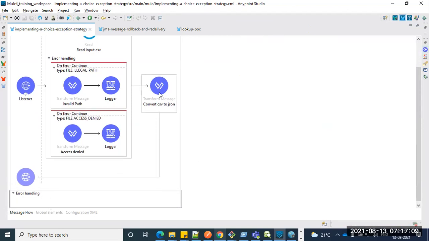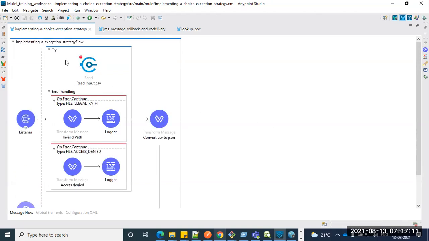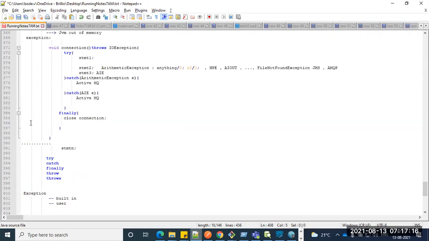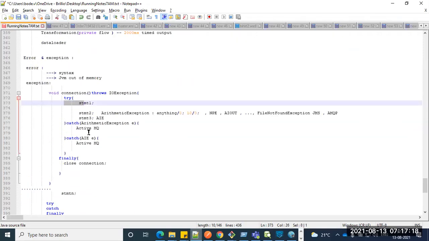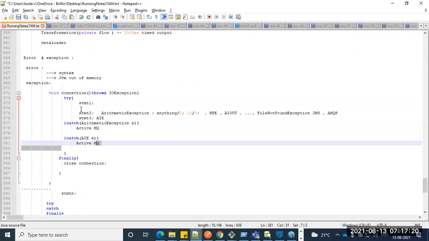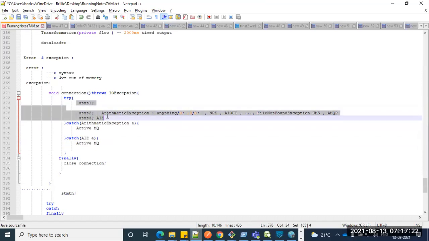But in this particular POC, I introduced the try block, as per the discussion yesterday. We can have one try followed by multiple catch blocks. It depends on your API; there might be several issues. It might be an arithmetic exception, an array index out of bound exception, or a string index out of bound exception.